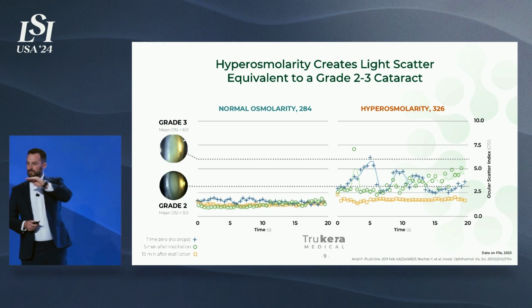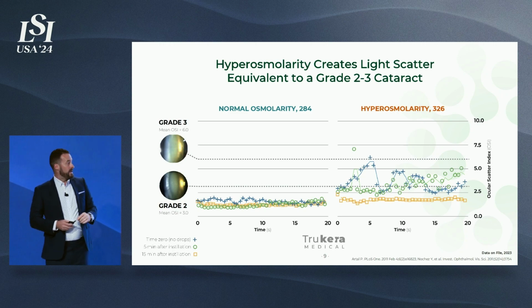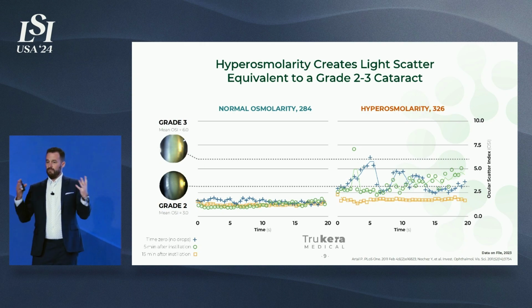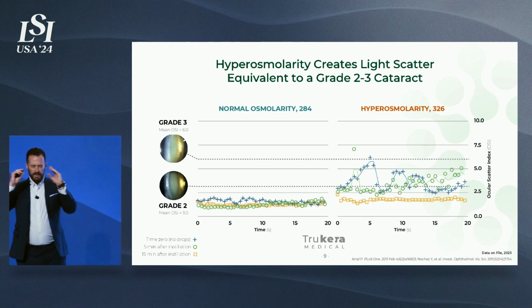You'll notice cataracts are fixed. They're not constantly replenishing, right? Hyperosmolarity is variable. This is explained because when you blink, you put a fresh coat of tear on the eye, and then that chronic environment exposes it to hyperosmolarity. So this is why, and it's such an insight in our space, a patient can literally blink their way in